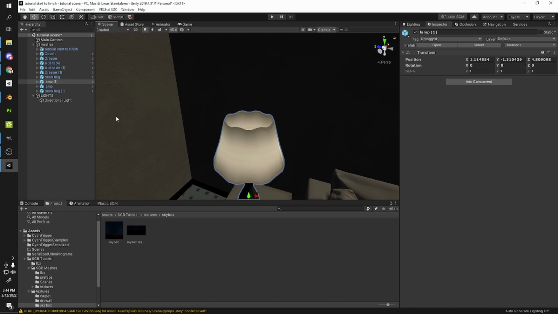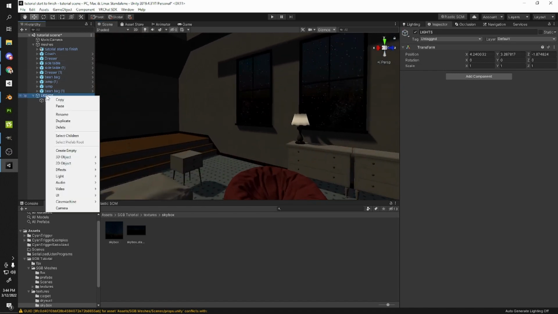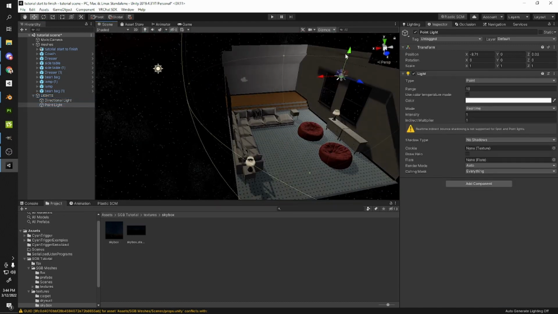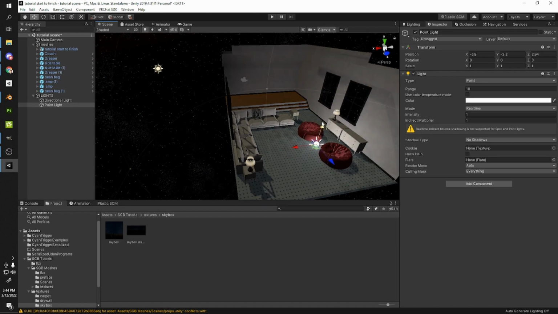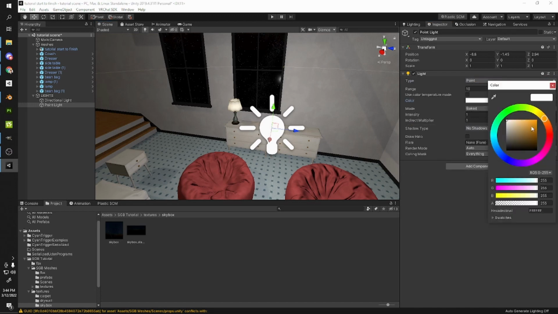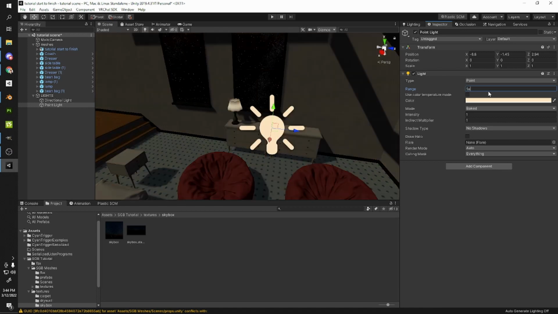I'm going to use point lights to simulate the lights from these lamps. So I'm going to go to the lights game object I made. I'm going to go to lights, add point light, and the light comes in, usually white. These are the default settings. I want this to be baked, so I'm going to change the mode to baked, and then change it to be like a warm tone. I don't need it to be 10, maybe